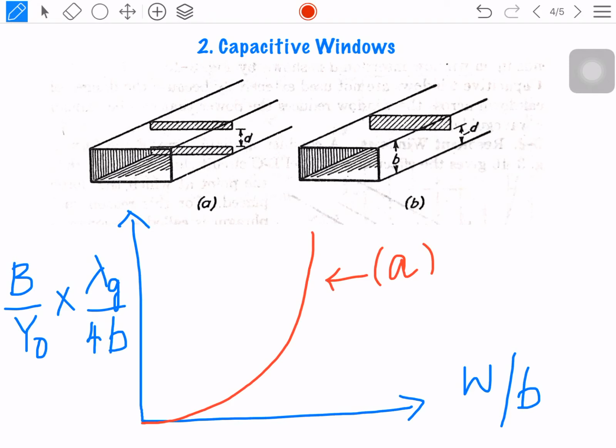Capacitive windows are not used extensively because as the power is transmitted by the waveguide, there is a chance for the reduction of this power, because the voltage breakdown will be seen across the window because of these capacitive windows. When compared with the inductive windows, capacitive windows are not much preferred, because this may lead to a decrease in the power as the wave is propagating in the waveguide. The reason for this decrease is voltage breakdown across the waveguide.